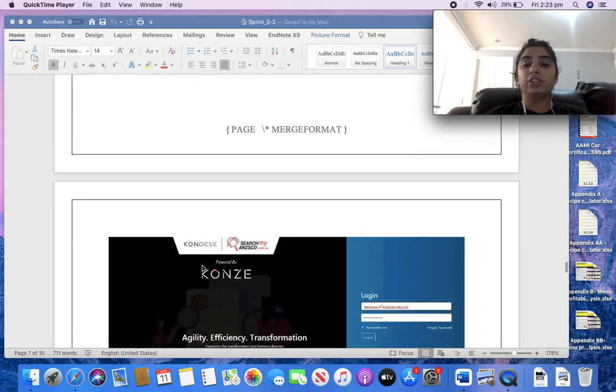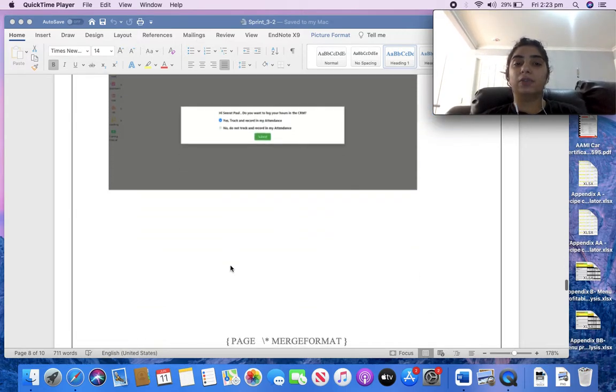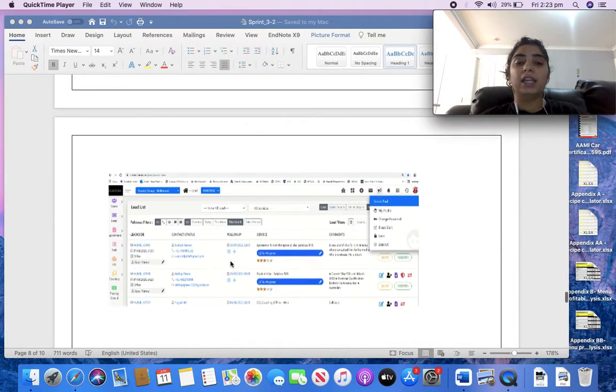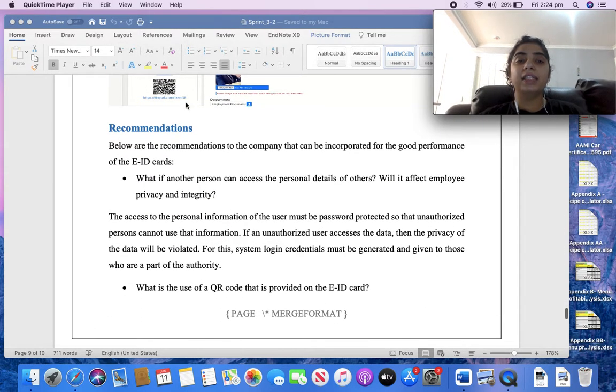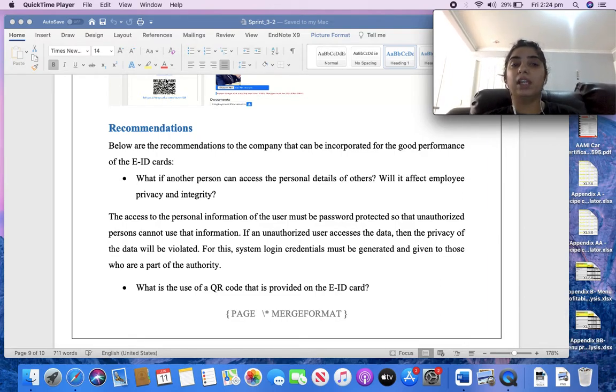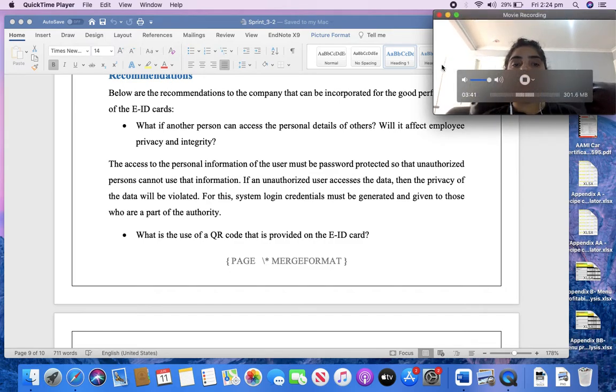And this is the original screen of the CRM. First the employee logs in on the screen. After that it will ask with a pop-up window. Then here is the edit screen. After editing this, we got this screen, and this is the QR code. Before that the CRM didn't have the QR code, but on this recommendation, through this user story, they created it, because we have to submit it in the final PPT.